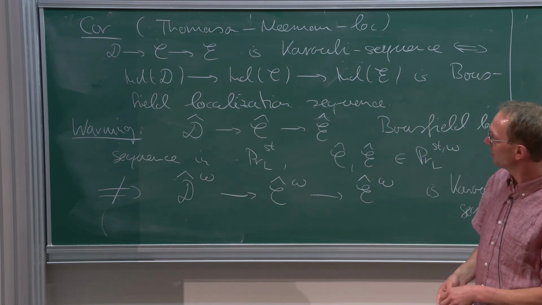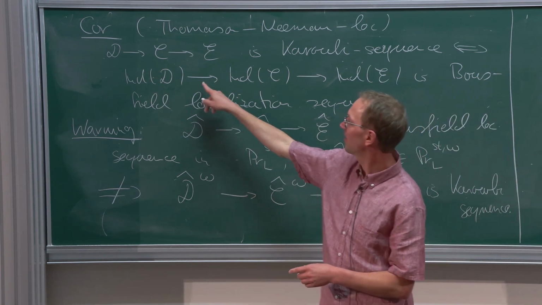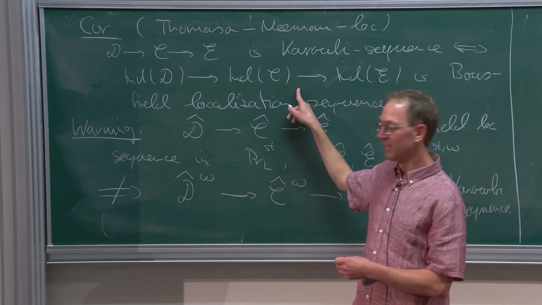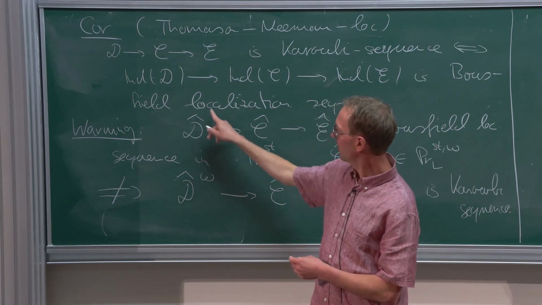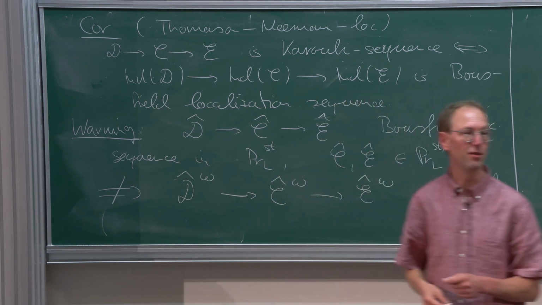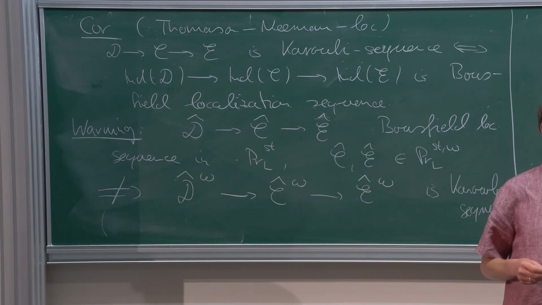Okay, and the point is precisely that if you have the sequence, this doesn't mean it's of this form, the Ind of something. So the point is that what you need is that you always need that this kernel here is also compactly generated. And that's precisely what sometimes goes wrong.